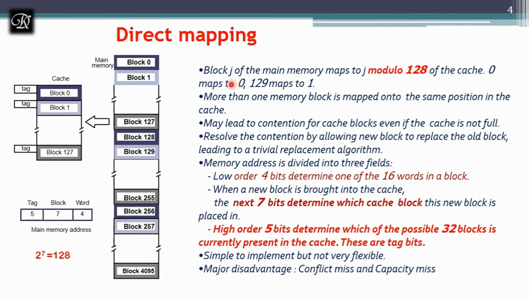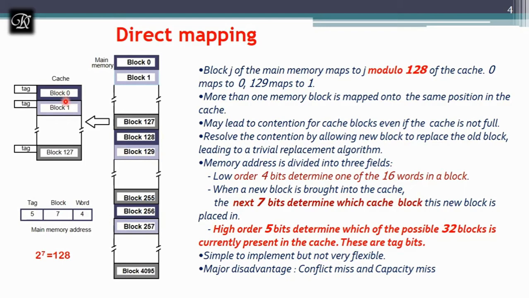See, out of the blocks in the main memory, that is 0 to 1495, if I want to place that in the small cache, how can I place it with the help of direct mapping? First, you have to take any block you want to place. For example, I'll take block 129. I want to place it on this. I don't have a block number 129 over here, because this is a limited memory compared to the main memory. Now what do I have to do? I have to somehow make a space over here so that I can store this in the cache.